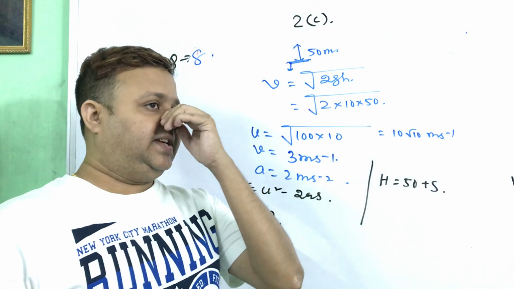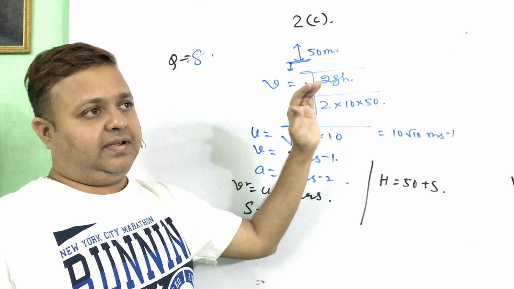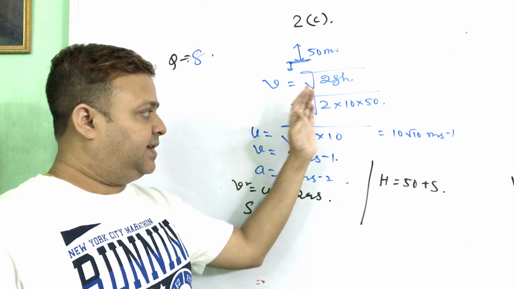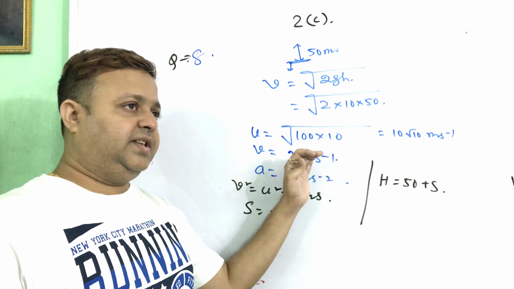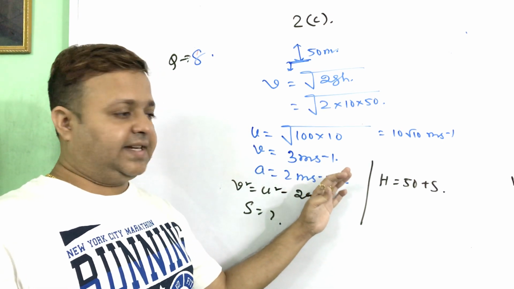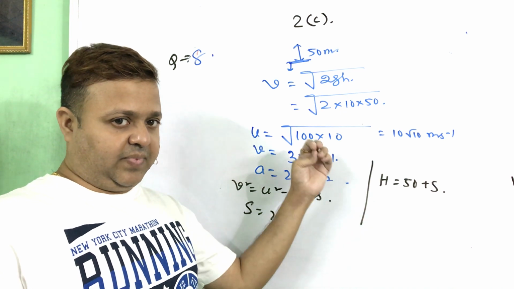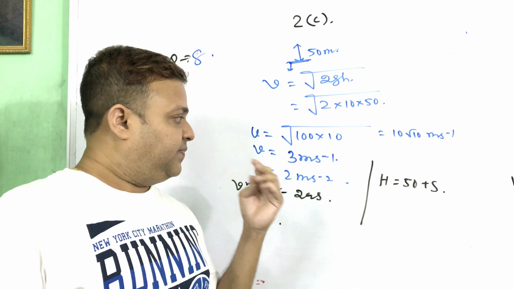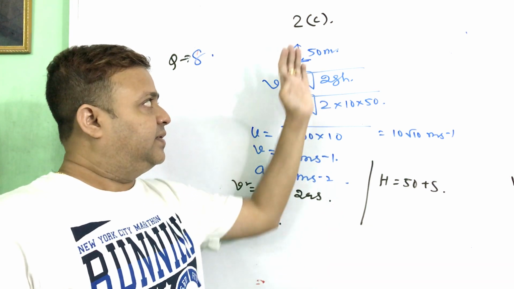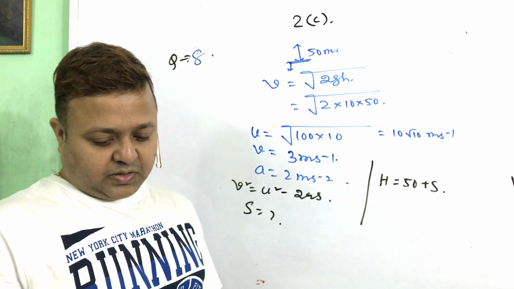We have to find the final velocity during the free fall. After 50 meter, the retardation starts, and that is the initial velocity. Final velocity on hitting the ground is 3 meter per second. Retardation is 2 meter per second square. Then we can find the distance moved during the retardation. So the total height covered is 50 plus s. The answer is 293.